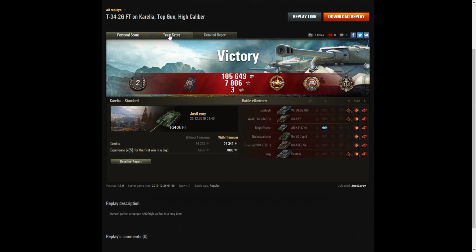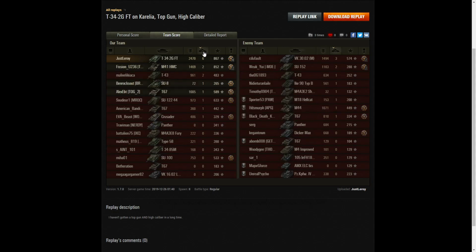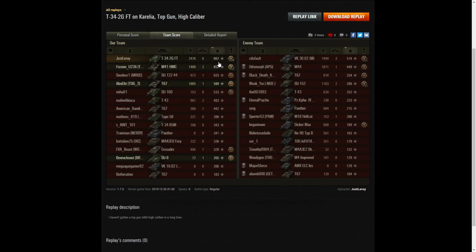Let's have a look at the team scores. Highest damage, 2,470 hit points of damage. The next high score after that was the VK-3002M on the enemy team with 1494, and then the M41 on our team with 1469. Very well done to him, actually, for Vision U236. When it came to kills, it was JustLeroy again with 6 kills, 3 kills to the VK-3002M, 2 kills to the M41 and the SU-152 on the enemy team. And when it came to base XP, it was JustLeroy with 867 base, 852 to the M41, 633 to the